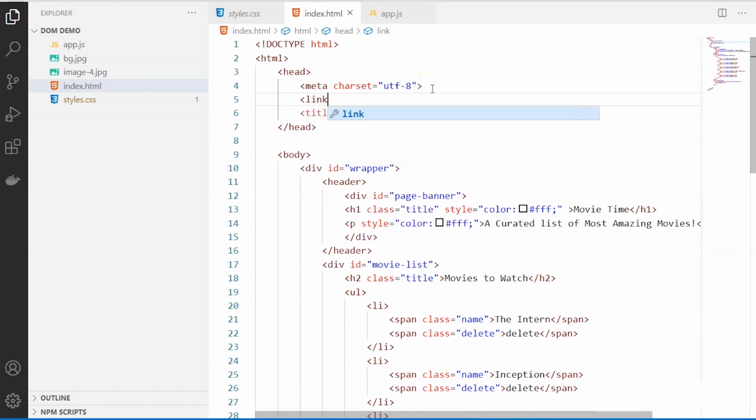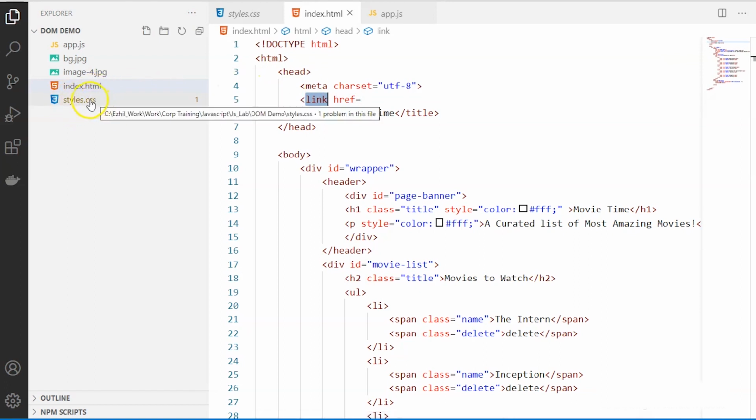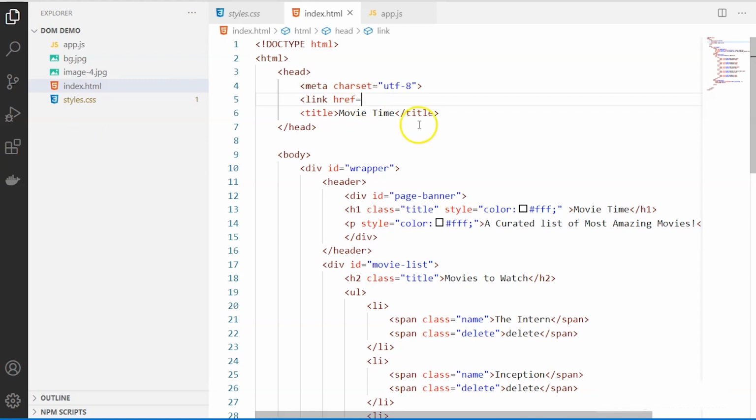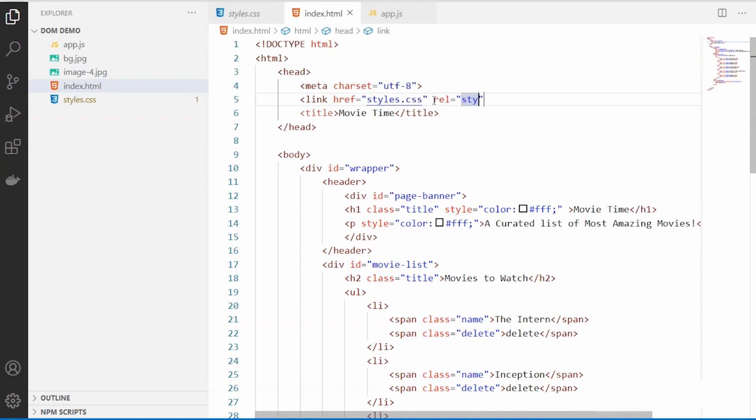I know this is not our prime focus, but CSS definitely helps. So the link is the tag that we will be using to specify the reference. So this is the reference where I have to add whatever is your CSS style. So this is an external style. So I use my href property to attach this external style here. So I'll have to include, so you can see that it gets listed. Yes. And it's not mandatory, but still you can mention that it is a style sheet.